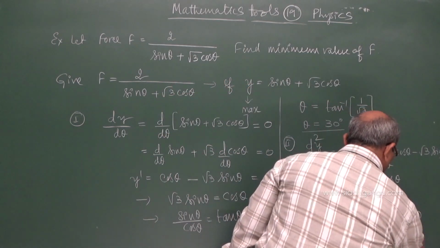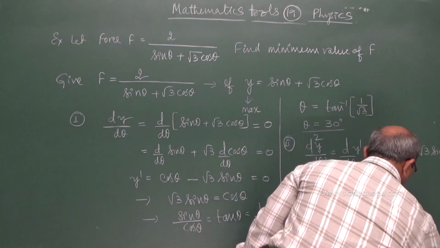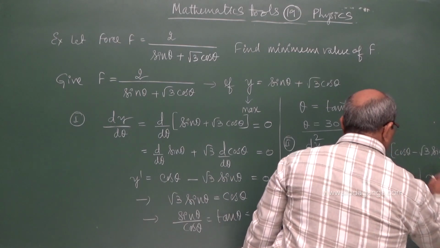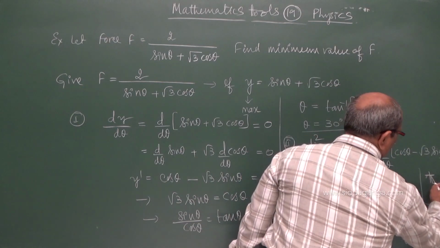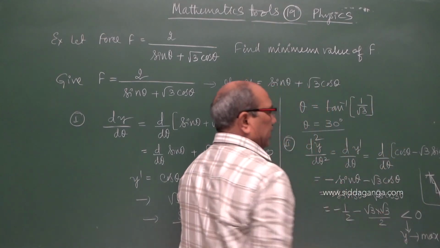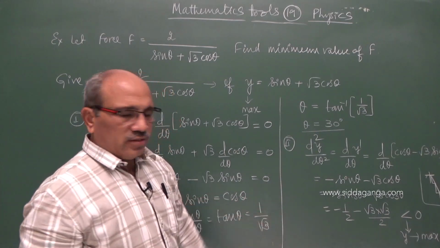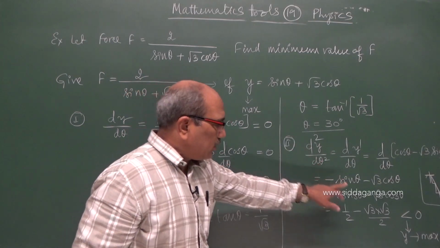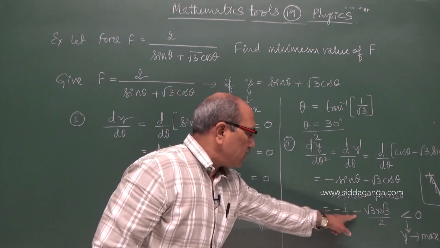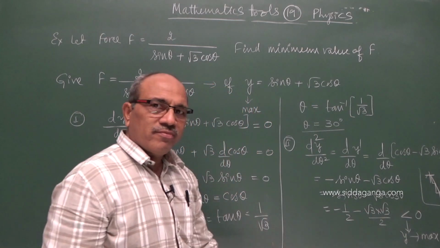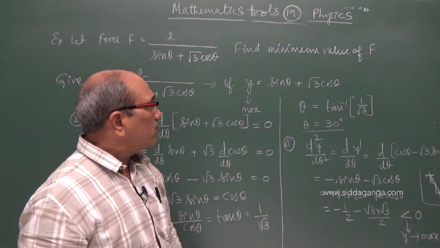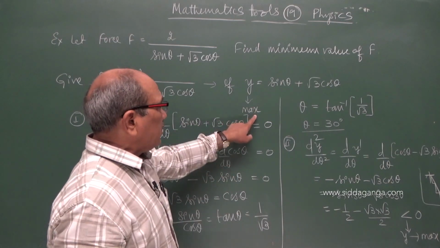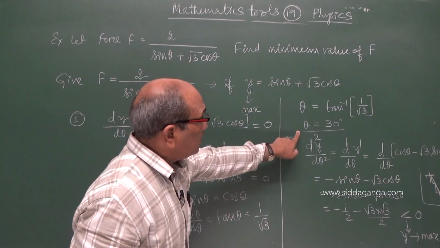Less than 0 implies y has maxima, because I told you that if the slope is decreasing, the point will be at maxima. So in this case, the slope goes on decreasing when it is negative. Confirmed y is maxima, shown here by d square y by d theta square being less than 0. Because both are negative terms, it is minus of minus 3 by 2, that becomes minus 4 by 2 or minus 2. But that is not important; showing that it is negative is important, and we come to the conclusion that y is maximum, which means f is minimum for 30.